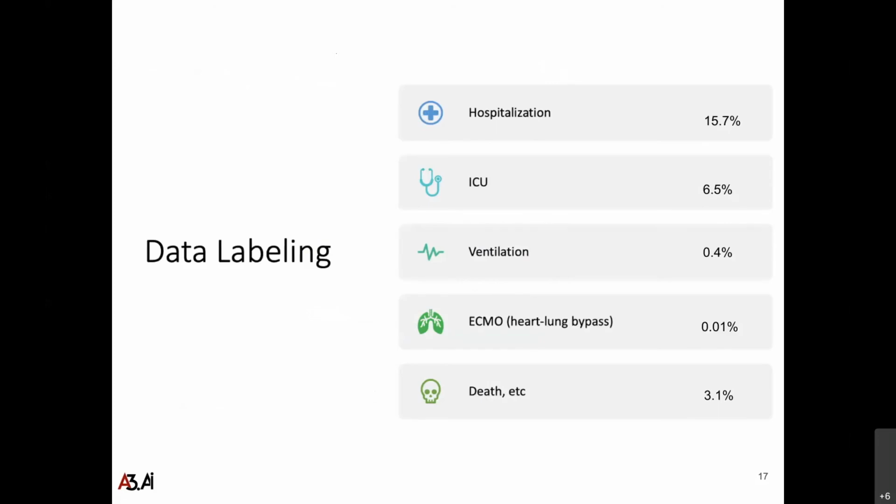Then there's a data labeling part where we take the 200,000 COVID patients and look at their ICD diagnosis codes and CPT procedure codes, and go through a claims manual to label the data, marking them as hospitalization, ICU, or whatever outcome we try to predict. Again, we are about a month and a half into a year-long project, so we have some early findings to show. And our number one immediate goal is to predict somebody's likelihood of hospitalization if they're infected with COVID-19.